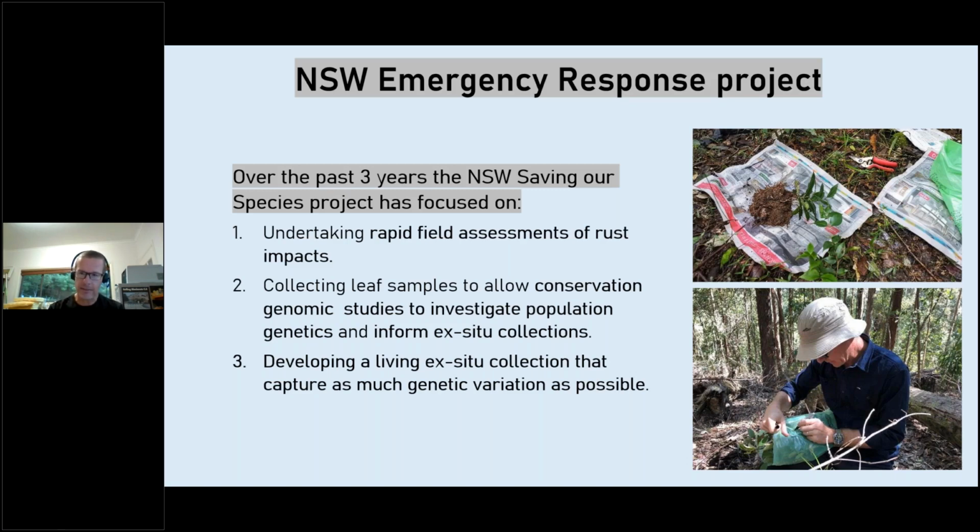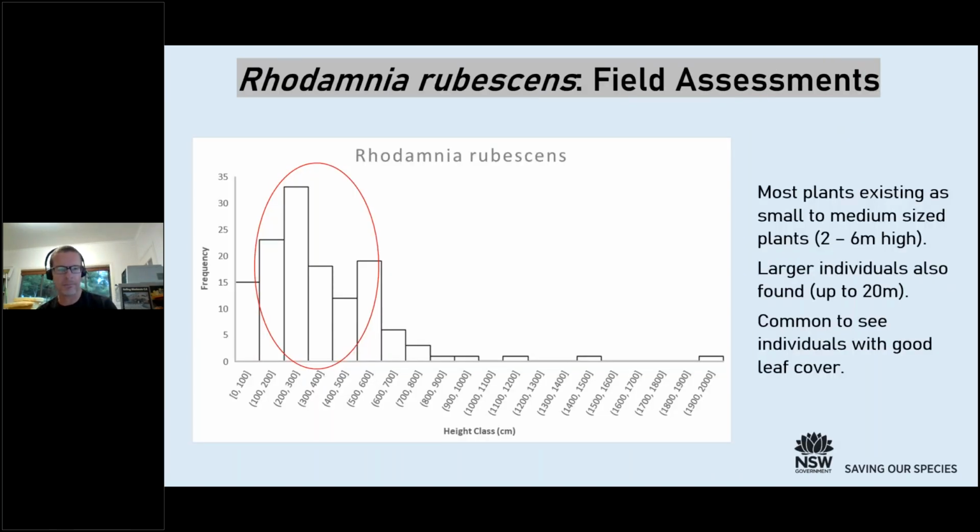We're also obviously collecting germplasm while we're out in the field, and that's either through cutting collections for Rhodamnia rubescens or for Rhodomyrtus psidioides. Sometimes we're also able to just excavate entire suckers, and they're easier to establish in the nursery. So I'll just run through some of these areas a little bit more. With our field assessments,